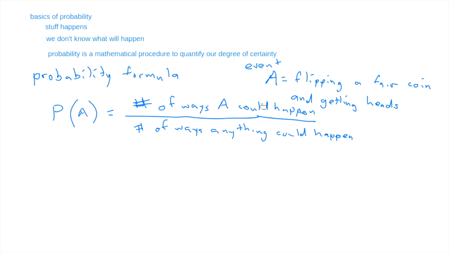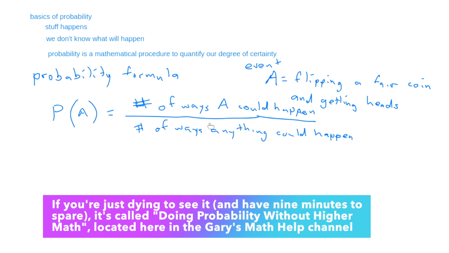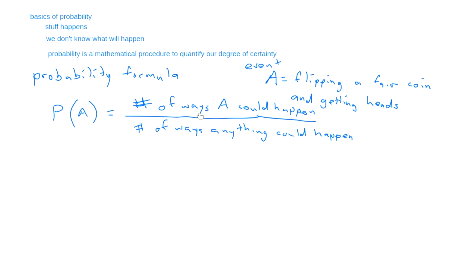And this number of ways A could happen, we could write this in set notation in a normal term. I might give you this long history. I'm going to make a YouTube video. You could look for it later on set notation and probability and why it's used and why we don't use it, because we don't need it. If you were an advanced mathematics student, say a fourth year math major, then yeah, you would be doing probability a slightly different way. And if you were a grad student taking a class in probability, it would look very different from this. But this is simple for us. This is English words. We can understand stuff.